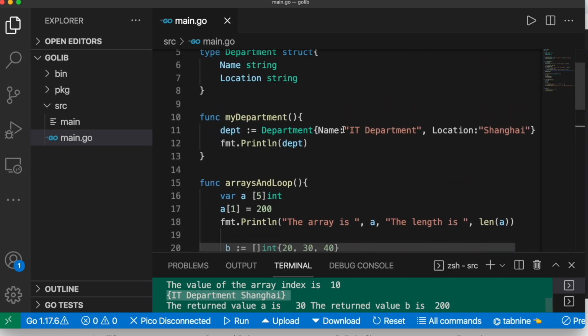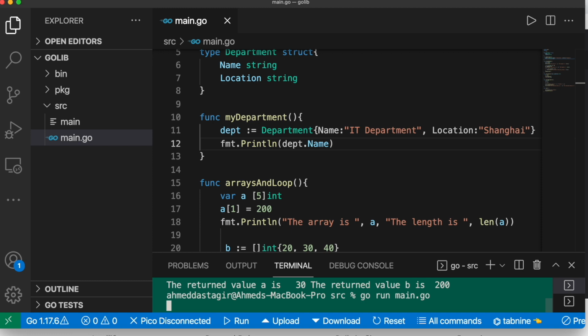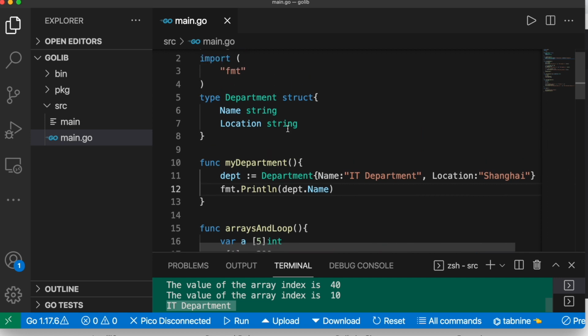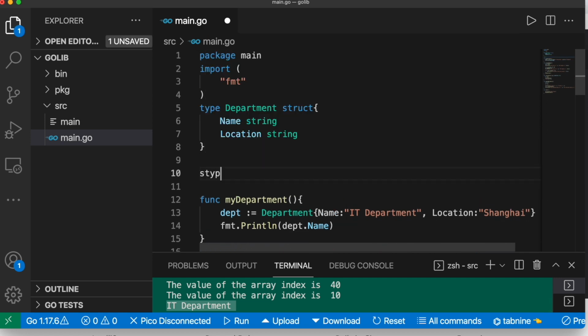So you have these fields over here, name and location, but of course if you want you can print a certain field from it. Now let's go ahead and run it. Okay, so the name is IT department. That's what we have. Well, now we can also do a nested struct, and for that one we'll create another struct,